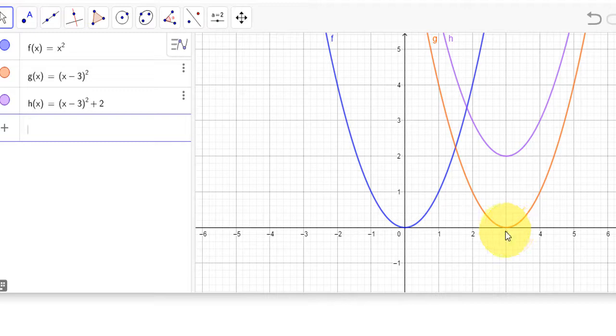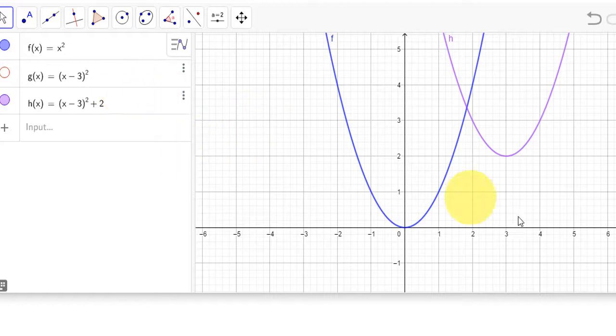Look, my vertex is at 3 for x, 0 for y, and now my vertex has been moving 1, 2 units up. And all the points have been moving 2 units up. Then, if I just want to know the relationship between the parent function f of x equals x squared and my final graph, the only thing that I need to do,